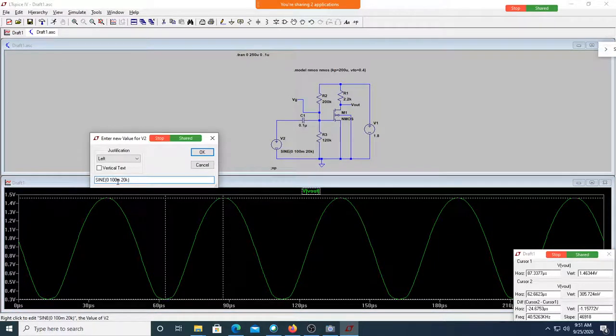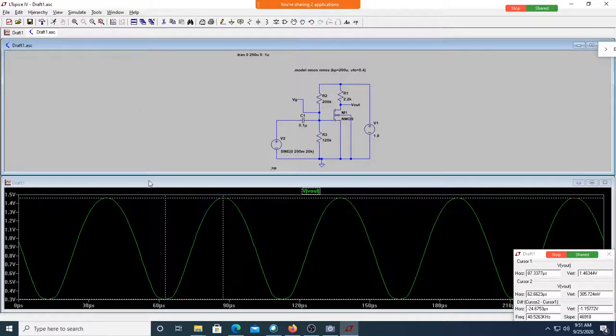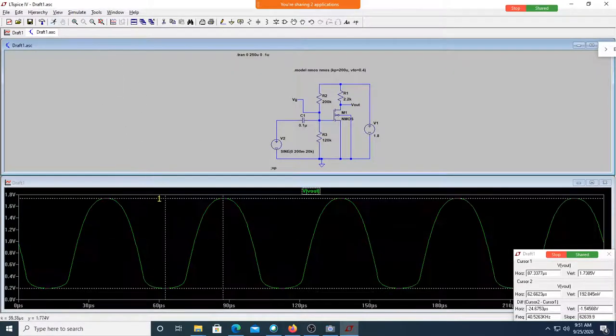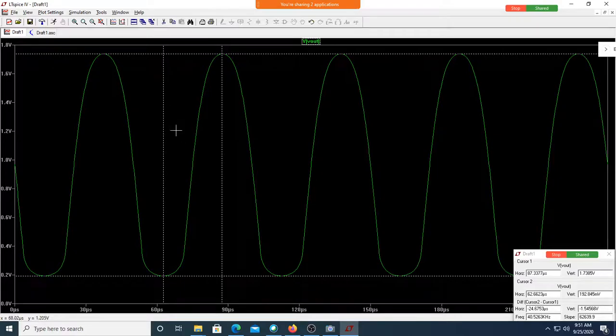Let us make it 200 and see what happens, because there is a lot of understanding that has to happen now. Now I made it 200. Just see what's happened. How much is the peak to peak? How much is expected? 200 into 2, 200 into 12, 2400. How much are you getting? 1500. 1500 millivolt is the output now.